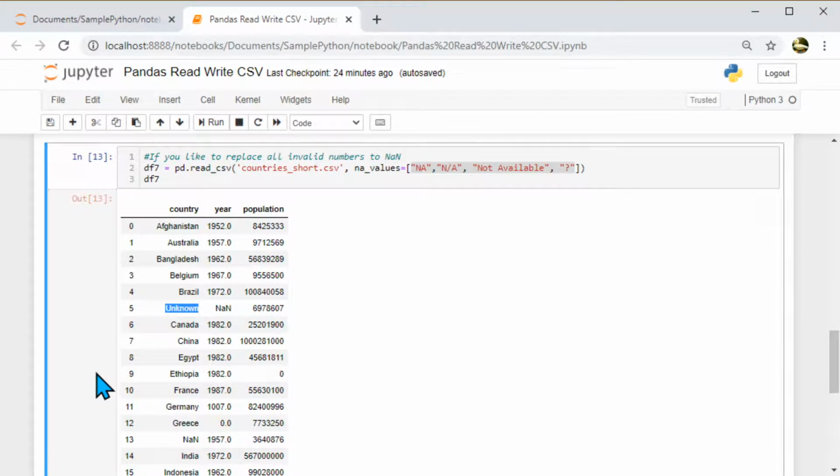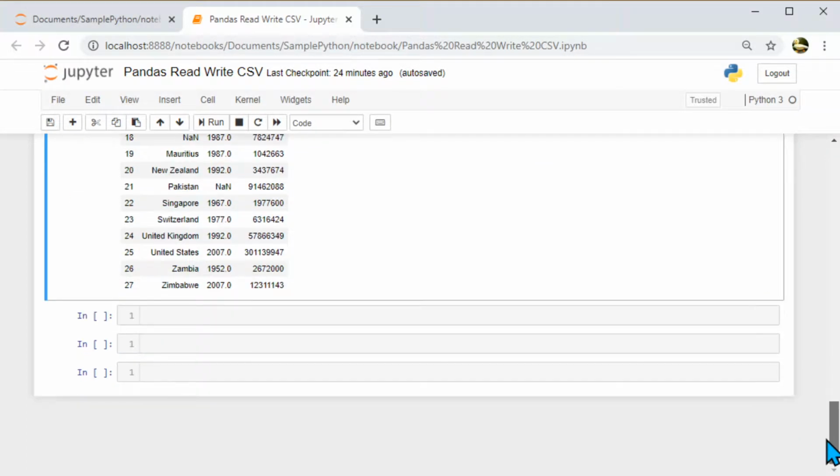What does that mean? Year is a numerical field, population is a numerical field, country is a character string. I want to have different logic for each of these. So is it possible to have logic based on which field we are using? Yes, it is possible. For that, we can use a dictionary.